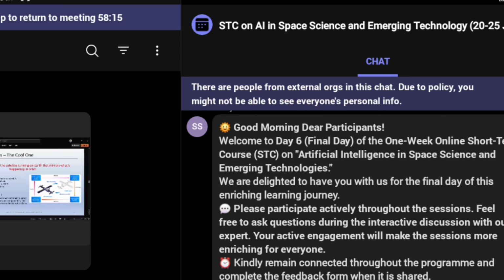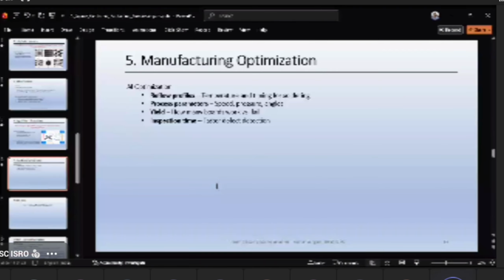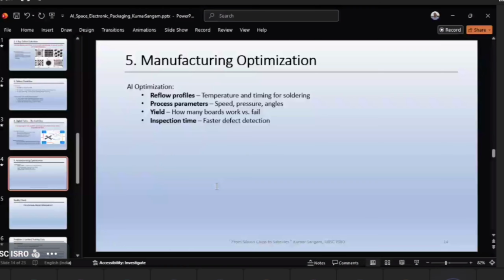Next thing is, let's go back to the soldering joint example. 1 lakh joints. Those joints are not all soldered at once; they are done in batches by a machine. The machine works on certain parameters like speed, process temperature, pressure ranges, and all those things. Then there is a yield.